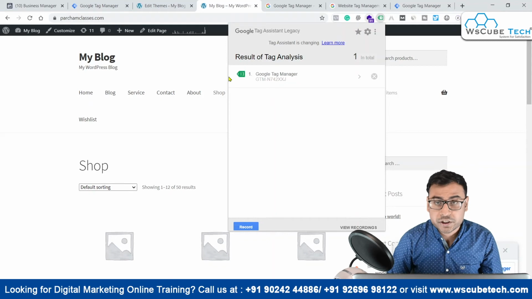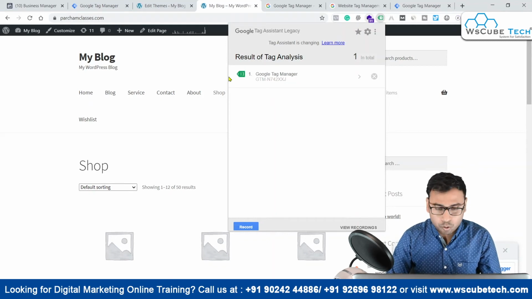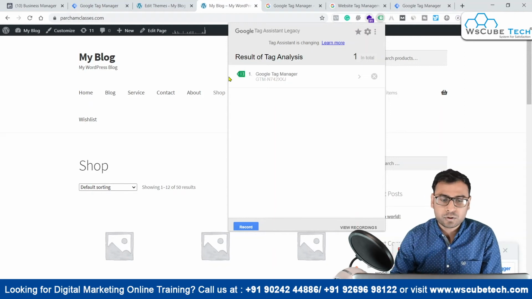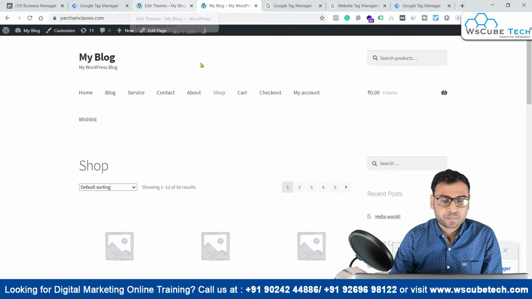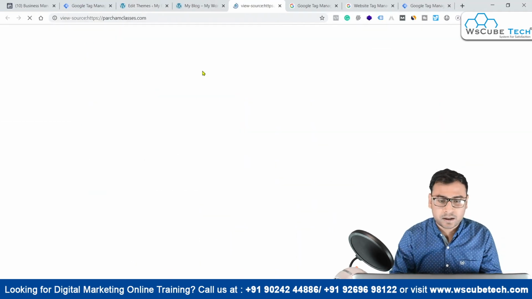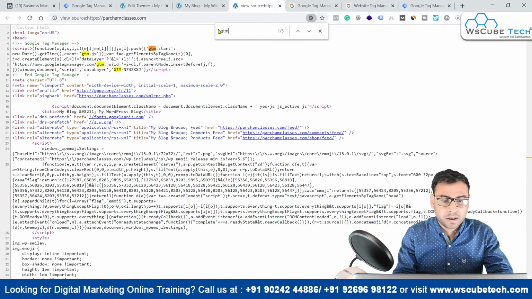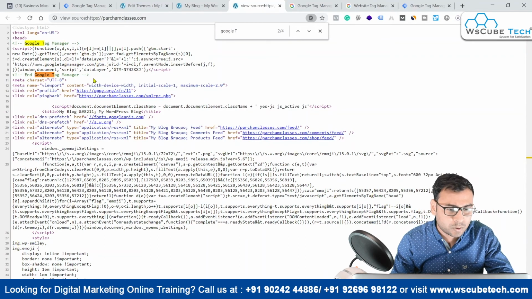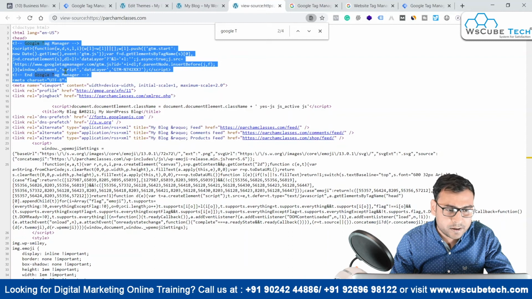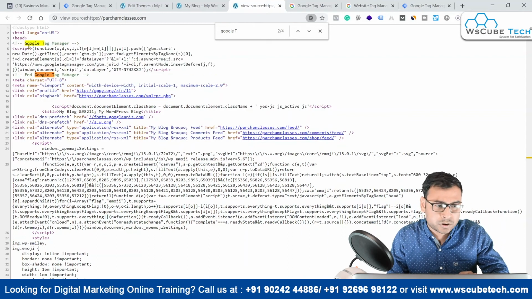Now we have installed GTM. The next step is to fire other codes using GTM. But there are other ways also through which you can identify whether your GTM is properly installed on your website or not. The one thing that I have told you. The other thing is you can go to the source code of your website, like Control U, and you can find GTM from here. Let's say we type Google Tag Manager, and you can see this one is the exact code that we have entered at the back end of our website, and it is now reflecting over here, right? So this is how we do this.